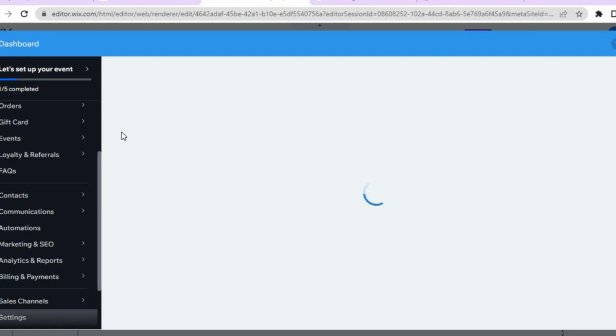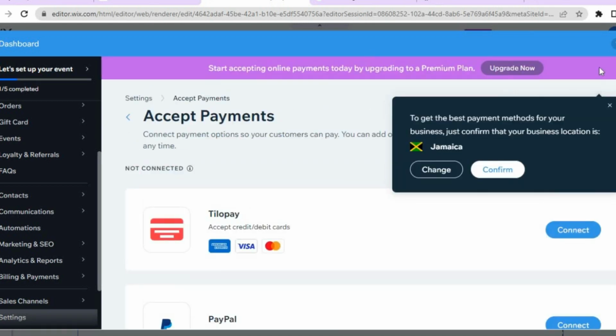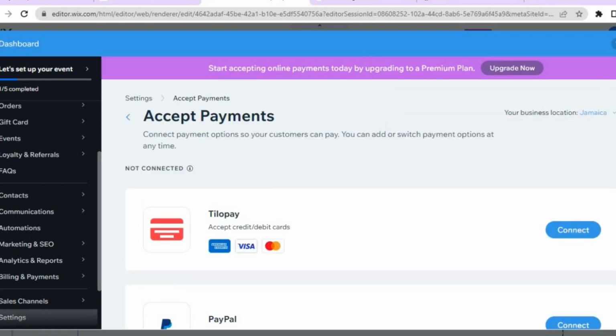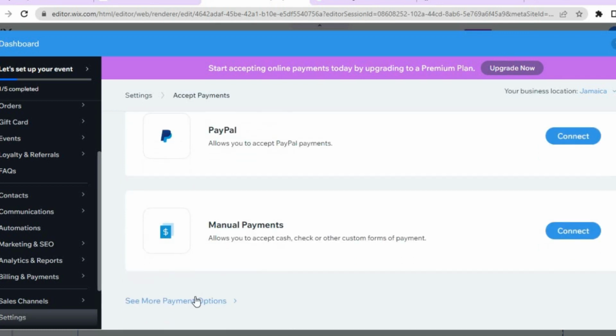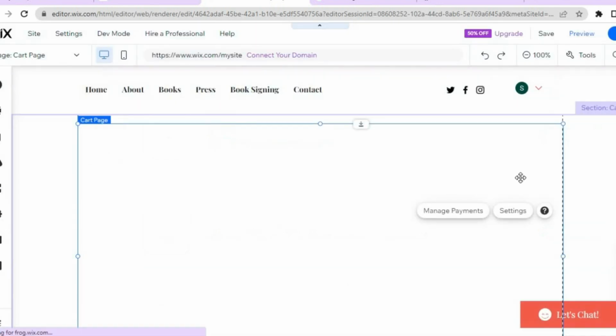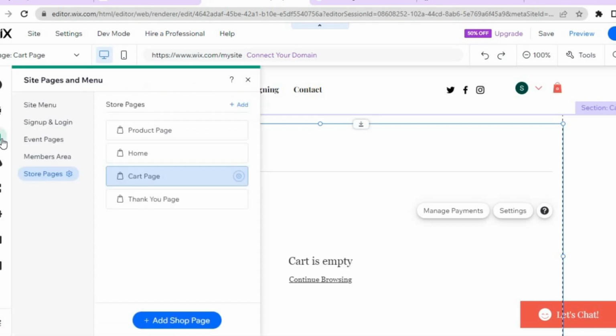So all you'll need to do right where you see PayPal, you're going to tap on that. And then you'll be able to connect your PayPal. You can also connect TiloPay. And if you would like even more payment options, you can scroll down and tap on see more payment options. Once everything is set up, you are going to tap on the X in the top right hand corner again. And we are going to go over to the left hand menu option once more, tap on pages and menu,